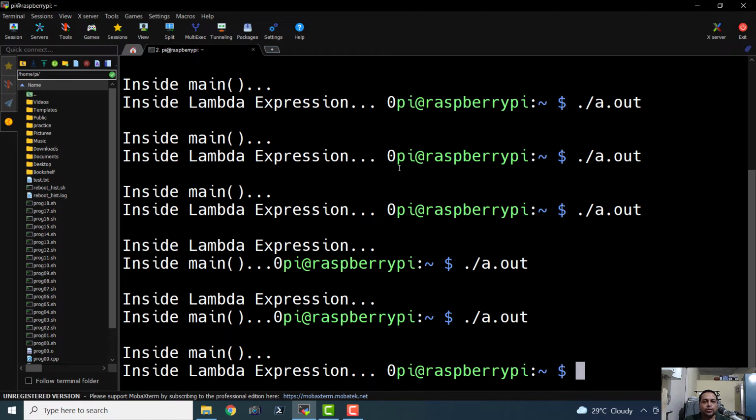And as I told you, there is no way we can show that parallel execution is happening on this command prompt because it has very limited visual capabilities. So that is why it is showing it to us in random fashion. But actually the main thread as well as this lambda expression are running in parallel fashion.